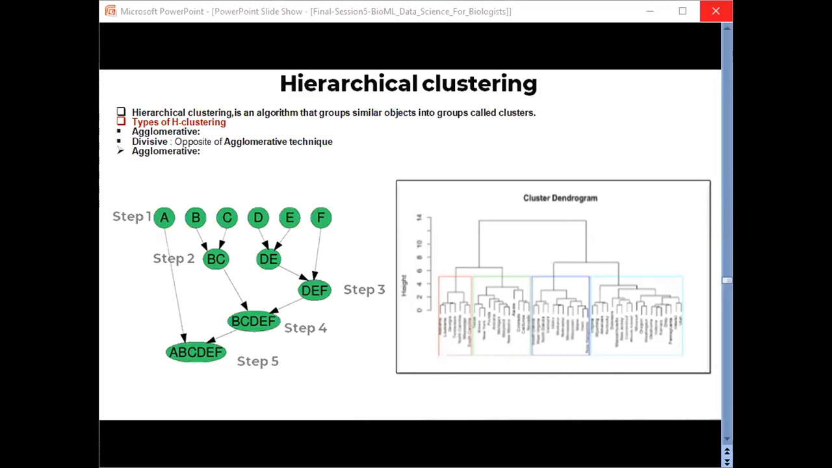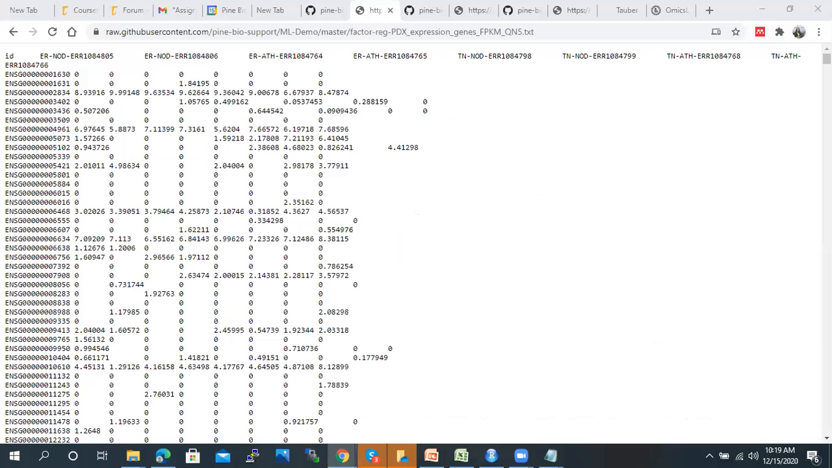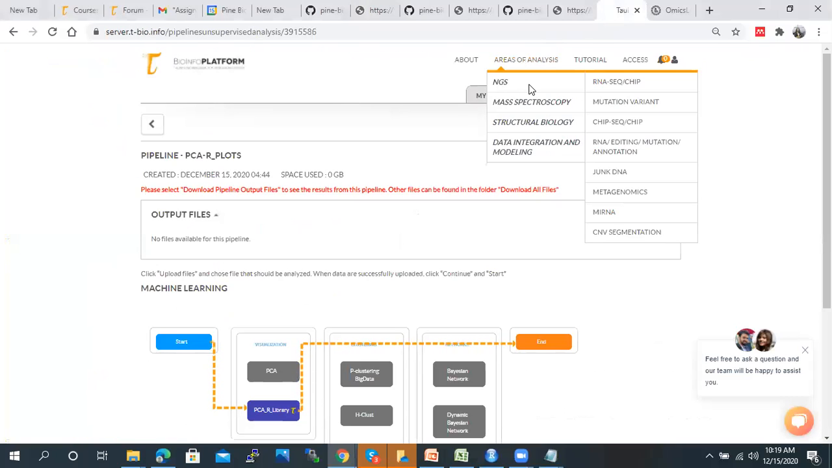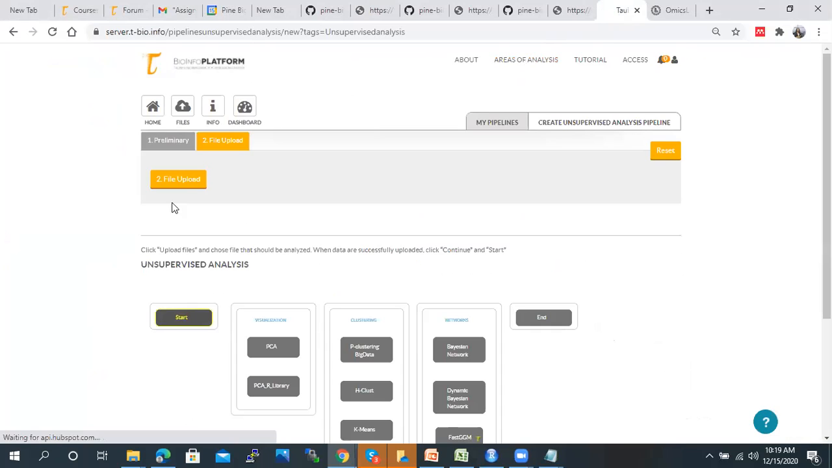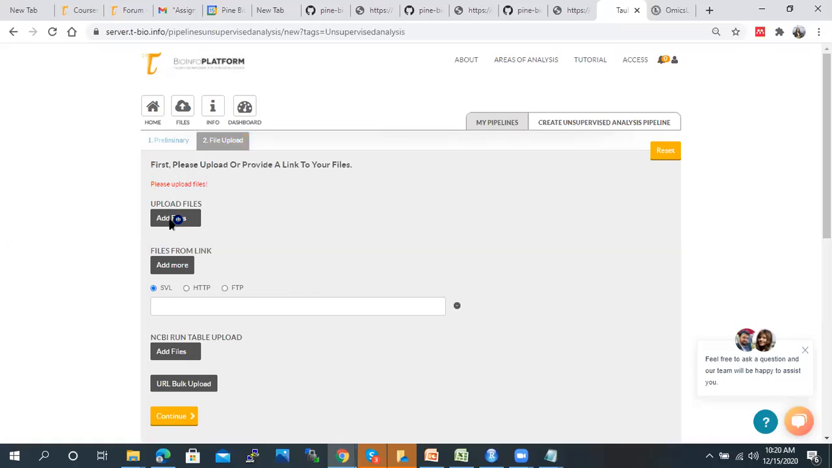So to perform this, that is already normalized data. If you go to the area of analysis and go to unsupervised analysis. This is the same data that we have used for the factor regression analysis, which is the FPChem quantile normalized data, already QN5 data. So the file ends with QN5. So if you do upload files,